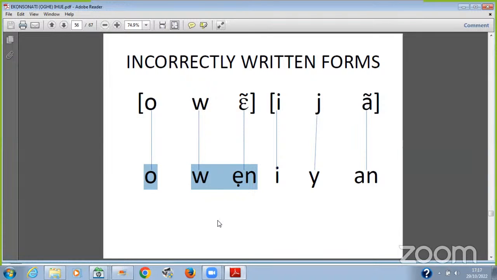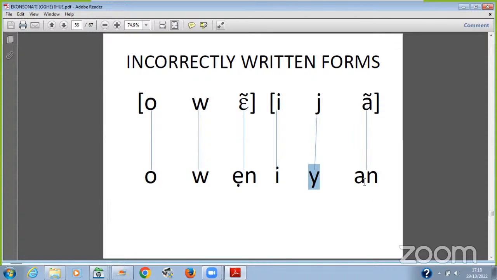And that is why they write the name Onwe, which represents the setting sun, okay? Onwe ugie. It's we. We don't say Owen ugie. It's not acceptable in Edo. It's the same way with this one, because this is the E representing that sound. This is the letter I representing the sound E in that word. And then this is the letter Y. It's not a nasal consonant. It's an oral consonant, the Y in year.